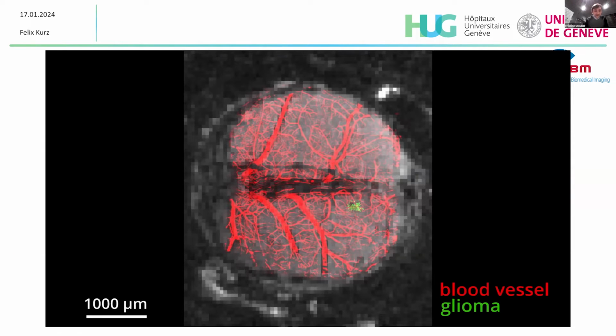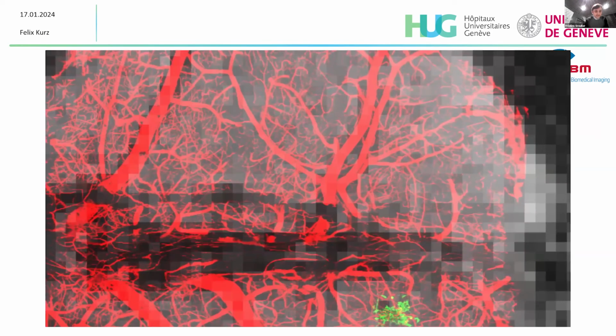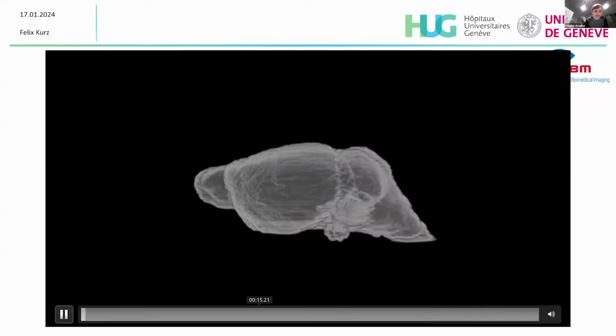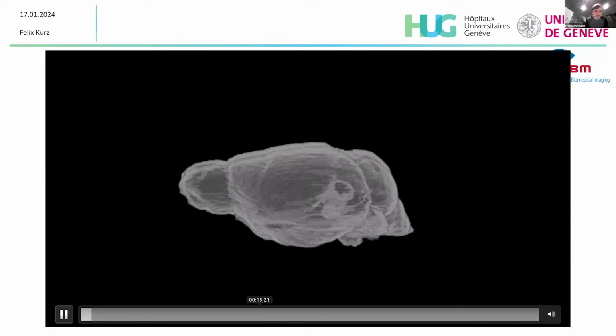And you see here in green, it's in green the tumor cells. So we have to run it again. Oh, it crashed. But you saw the tumor cells, I hope, and the idea was that these tumor cells, they